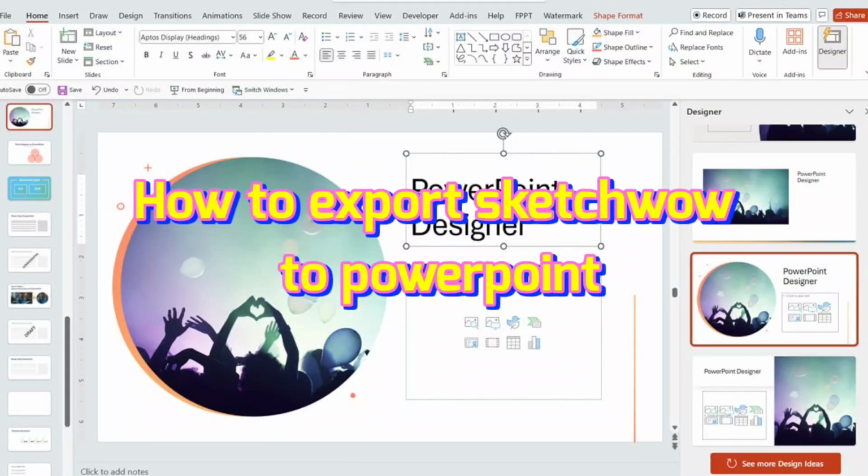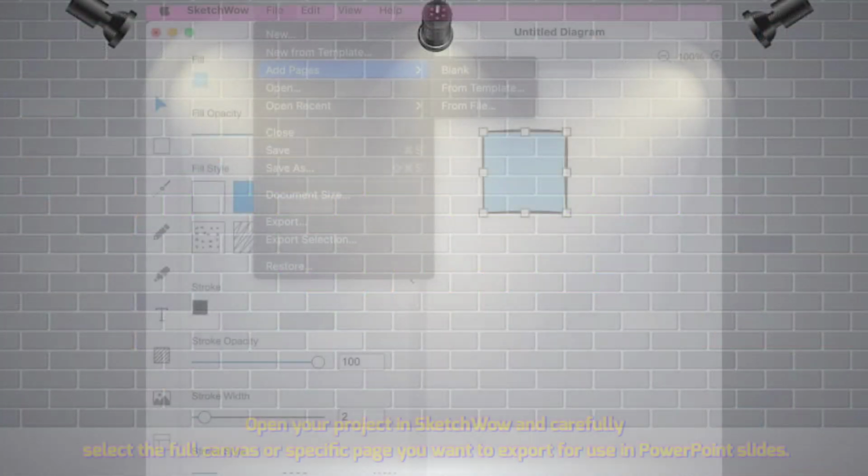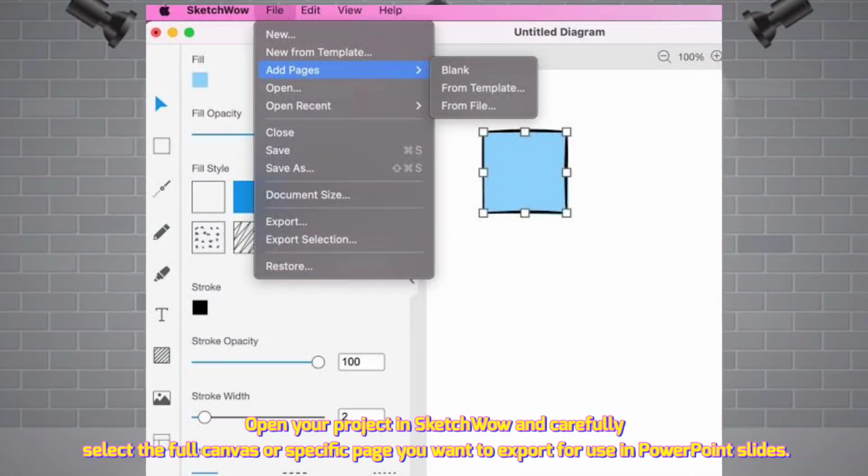How to export SketchWow to PowerPoint. Open your project in SketchWow and carefully select the full canvas or specific page you want to export for use